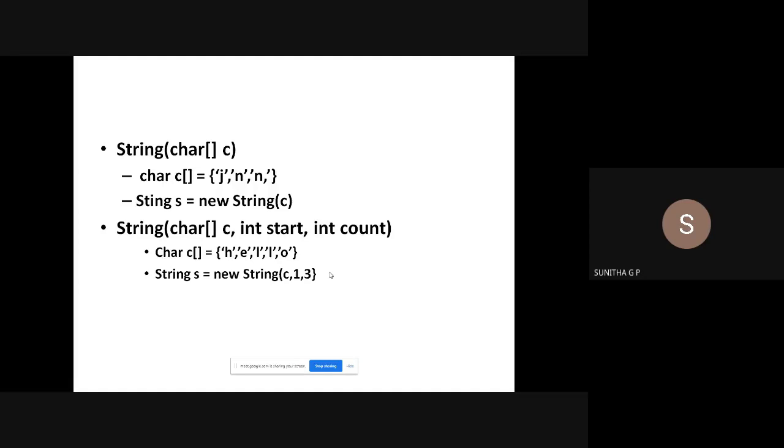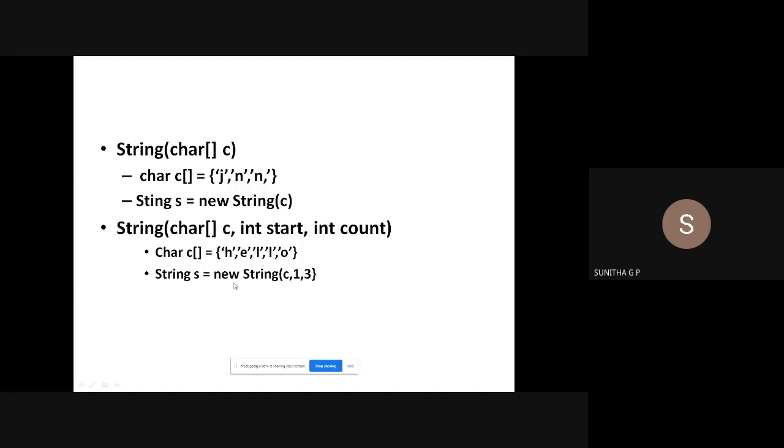Next is the normal case, from characters. It is a character array that you send as a parameter. Whatever separate elements you give here will be concatenated and a string will be created. Here also, if you have a lengthier array, you can construct a string from a given portion of it.